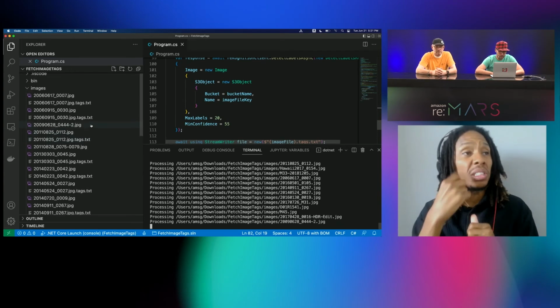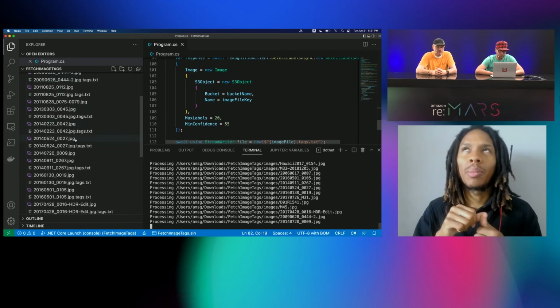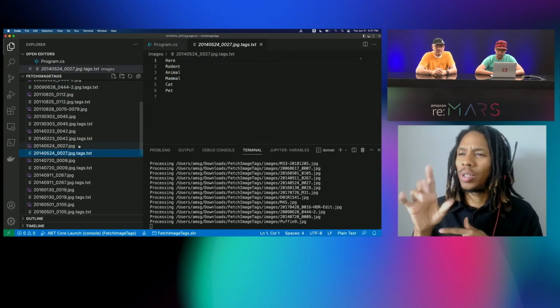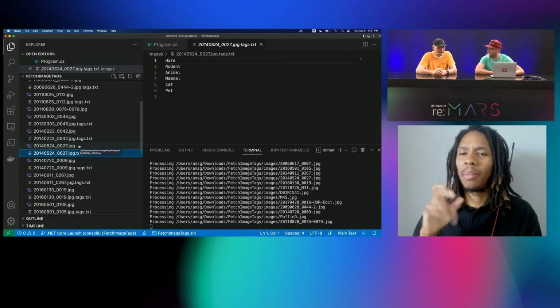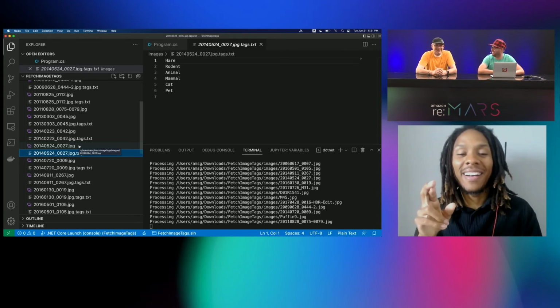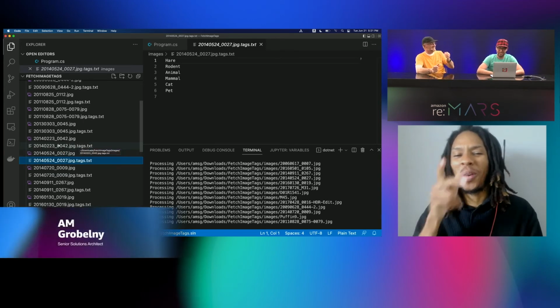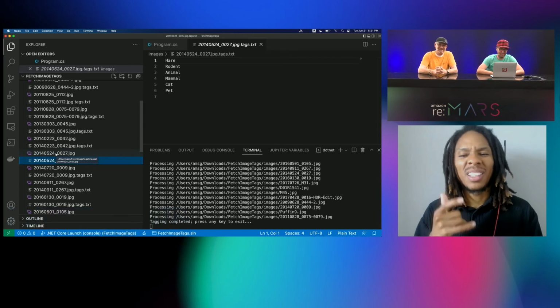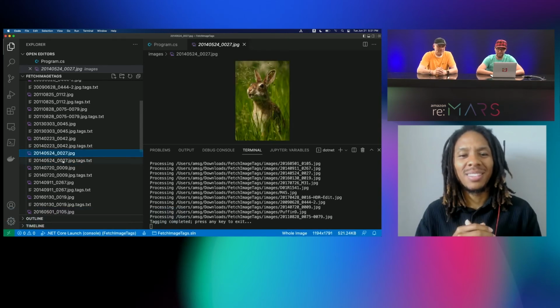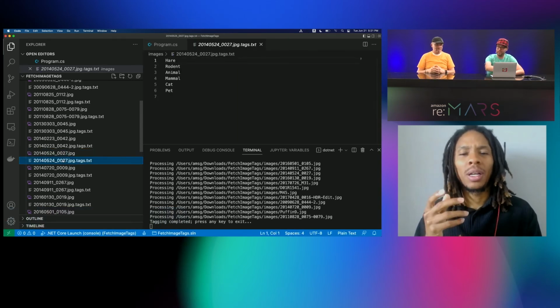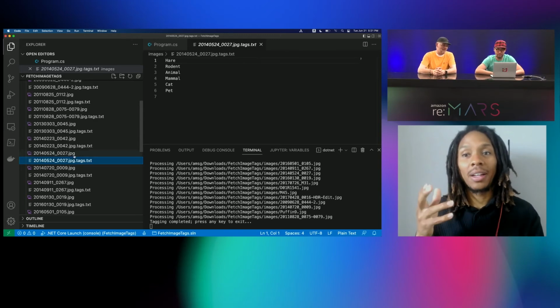Let's see, I think I remember it ended in 27. We've got the tags back. All right, what do we got? A hare. It also called it a rodent. It seems it has large teeth. So that's a little mean. That is a little mean, yeah. Not a rodent. But there we go. But it is a hare, kind of.